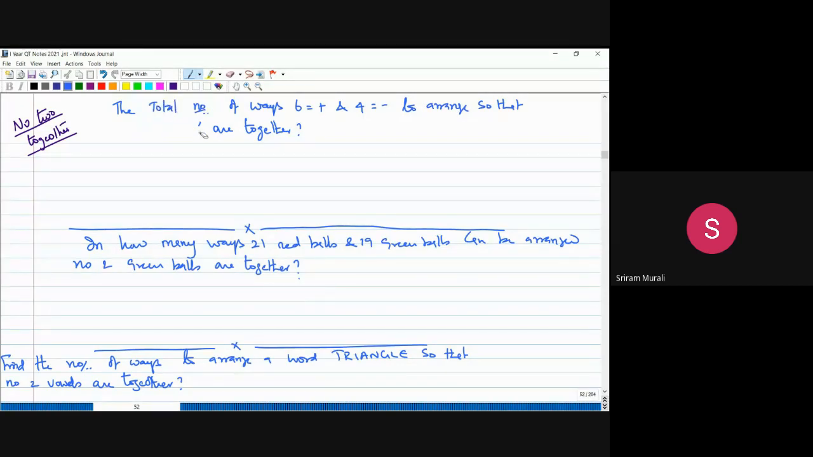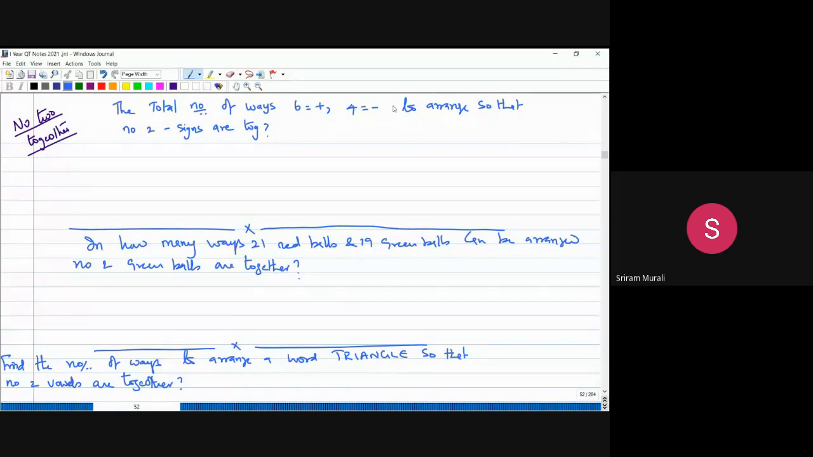So, no two minus signs are together. This is a question. How to identify this problem in the exam? Whenever the words no two are together appear, this is the method. Not together is something different from no two together. Please make a note. Total number of ways of arranging 6 plus and 4 minus signs so that no two